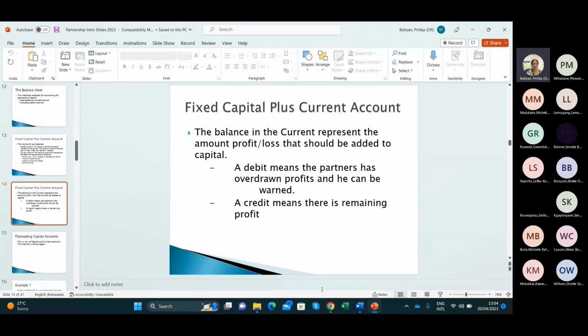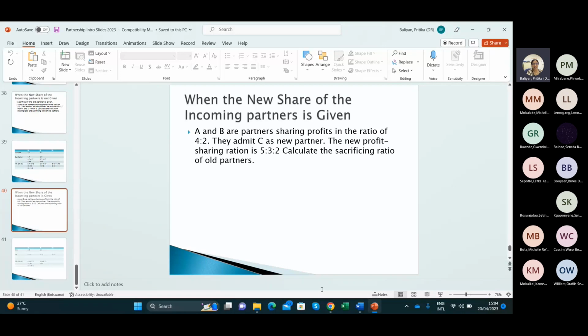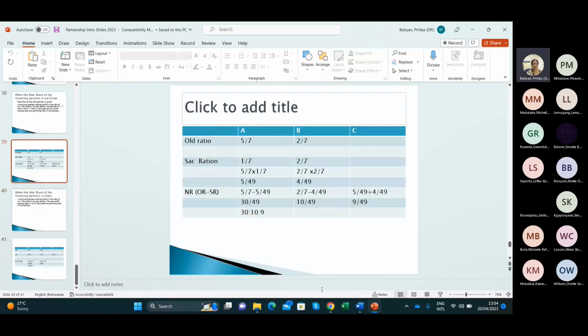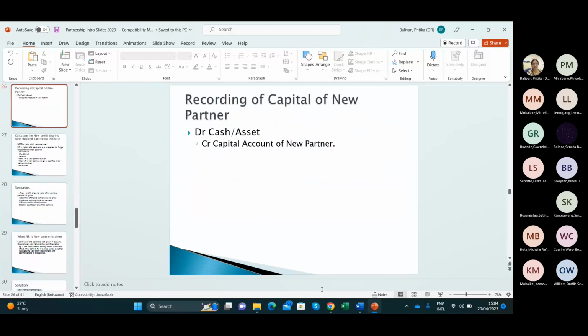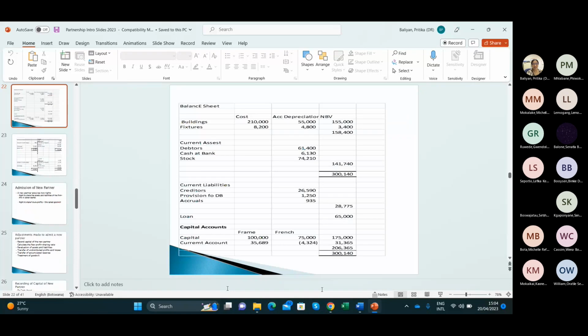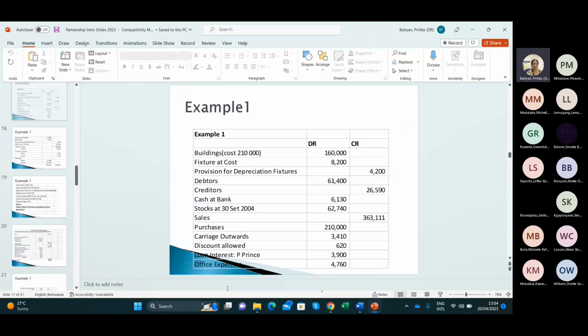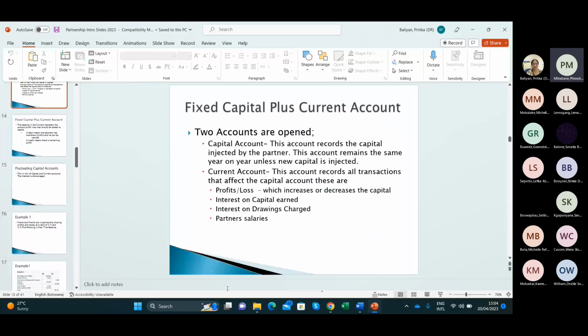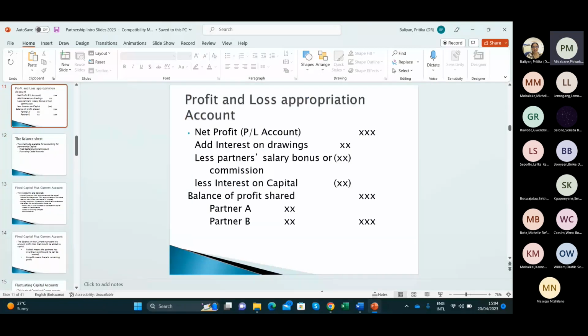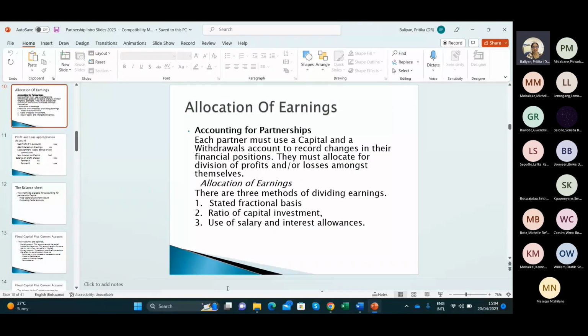There are two types of method we used when we are preparing for the weight. Yes, allocation of earnings. So whatever the partnership has earned, it has been allocated to the portion of each